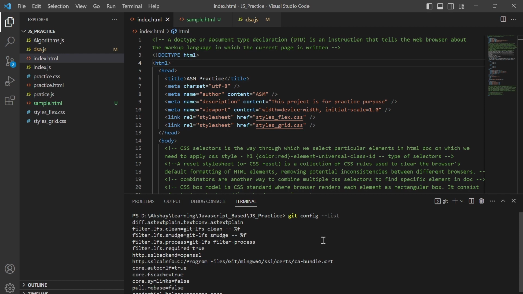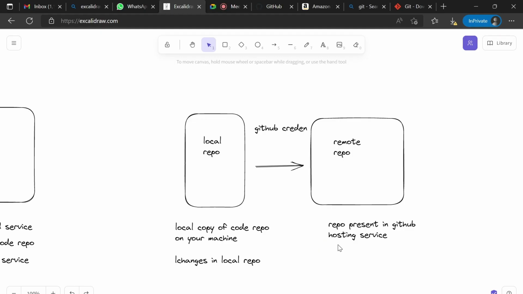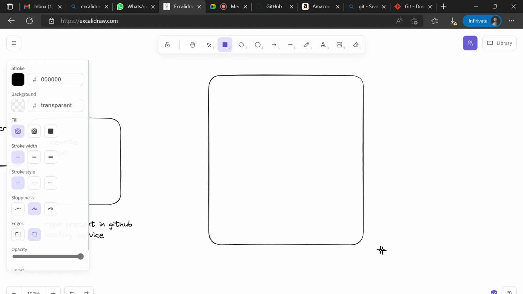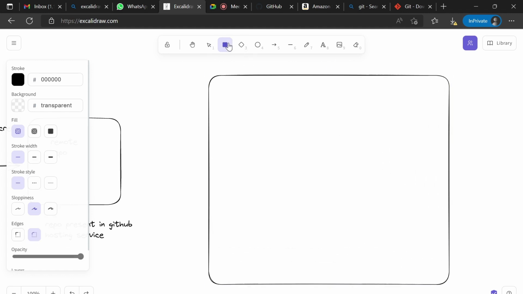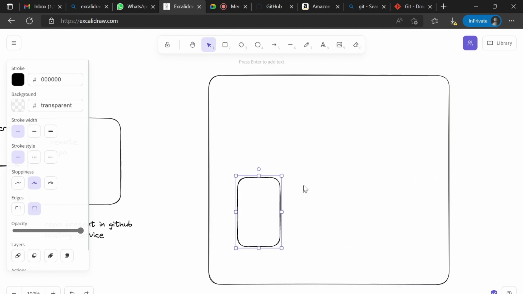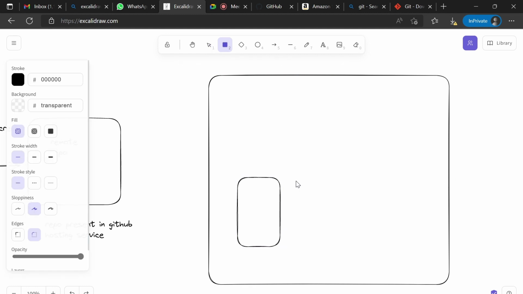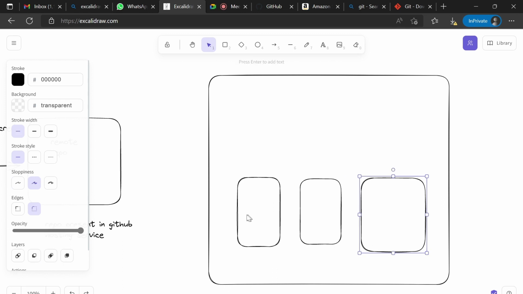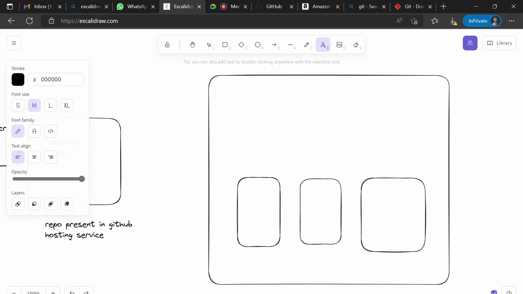It is like permissions, folder by folder. I will suggest it in a diagram: these are the three repos, repo 1, repo 2, and repo 3.